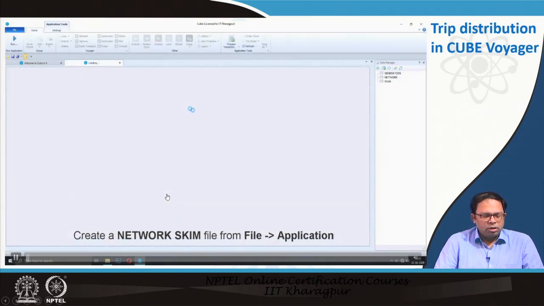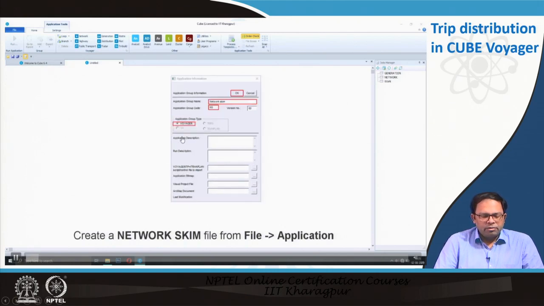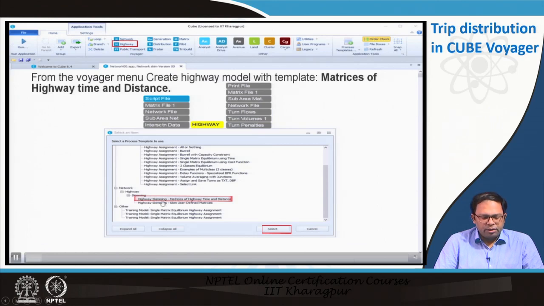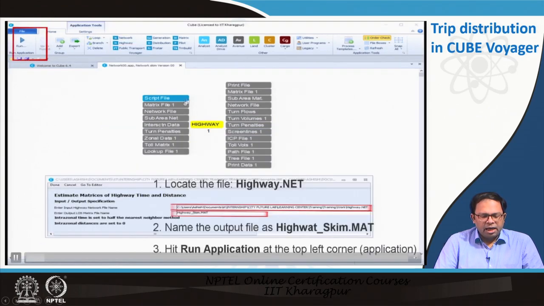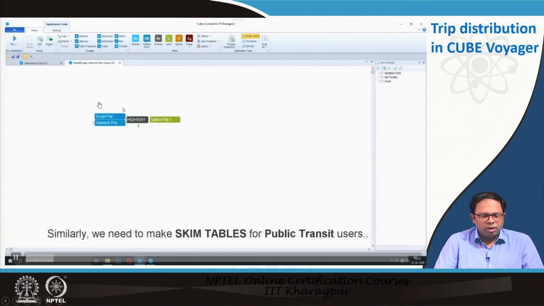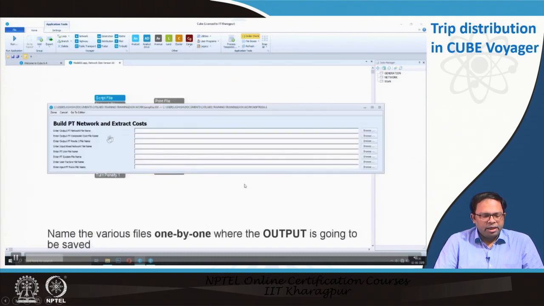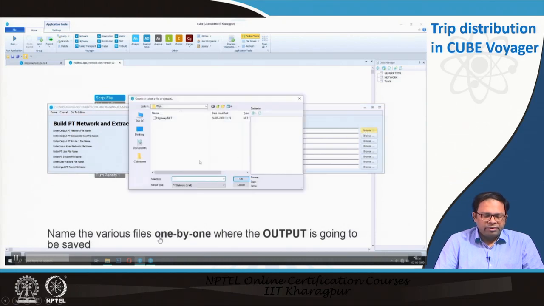So, first we have to create a network scheme and we have to open a file from application, and over here again we are starting with Voyager. So, we are doing highway scheming, and this is the highway file. If I click on that, then it will run, and after a successful run, it will actually show us the different travel times. Similarly, we do it for public transit. We can build the PT network and extract cost,